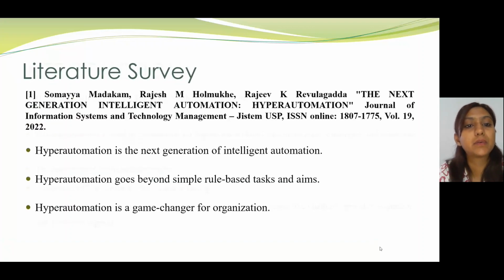So now let us start with the literature survey. The paper that I've taken is Next Generation Intelligent Automation, like hyperautomation. It's in the Journal of Information Systems and Technology Management, released in 2022 by Somaya Madakam, Rajesh M. Holmukhi and Rajiv K. Gadda. So this paper gave me information that hyperautomation is the next generation of intelligent automation that brings